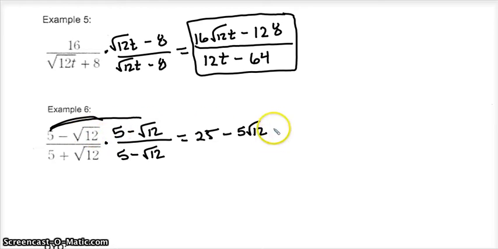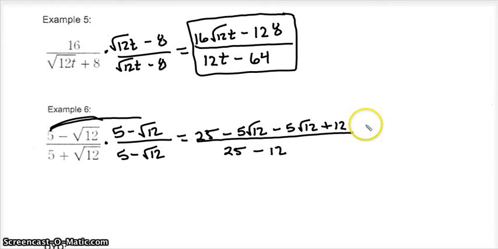I've got to do the middle term, which is another negative 5 root 12, and then my last term is negative square root of 12 times negative square root of 12, which is positive 12. On the bottom, I'm just left with 25 minus 12. Okay, time to simplify. Up top, I'm left with 25 minus 10 root 12 plus 12